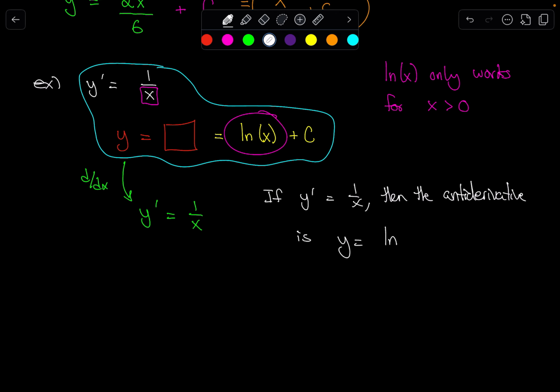Well, what's the only way that I can make sure that I'm always going to get positive numbers in there? We say the antiderivative is the natural log of the absolute value of x plus c. That's what we would say here. By doing this, it does exactly what we expect. The derivative of the natural log is 1 over x. The derivative of c is 0. So it does what we want it to do, but we save our bacon by throwing in that